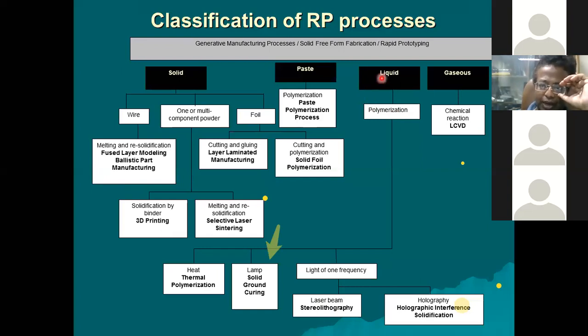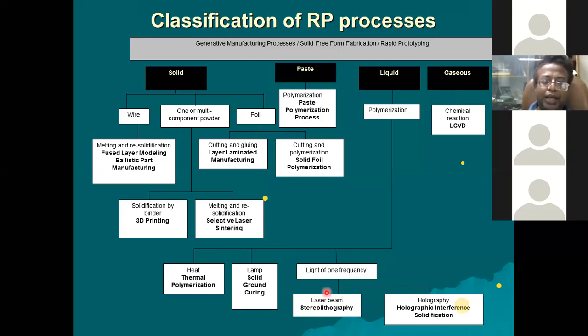So if I'm using raw material as liquid, it is a liquid based process, and the most interesting and most successful process which is commercially available today is called stereolithography. Here the laser is used to cure the material. I will show you these technologies with diagrams in tomorrow's class and explain the principle.